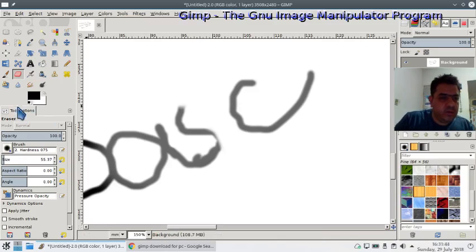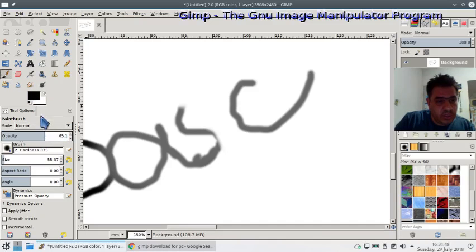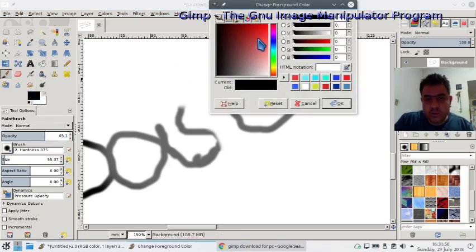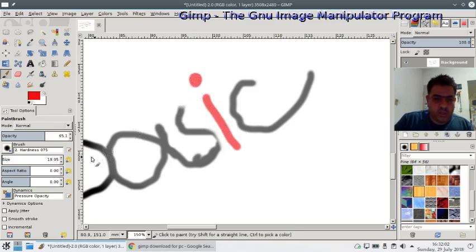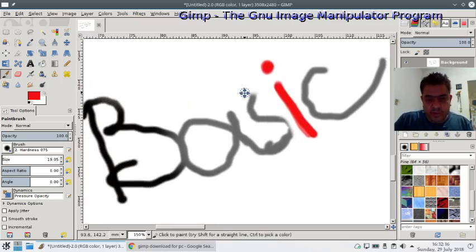Now I can use the pencil, and for the pencil you also have opacity. Let's change the color to show that this was a mistake. Too big of a paintbrush, change it to a little smaller, and this is opacity 65, but if we put 100, it will just fill everything. Okay, so I will drag with the middle button,